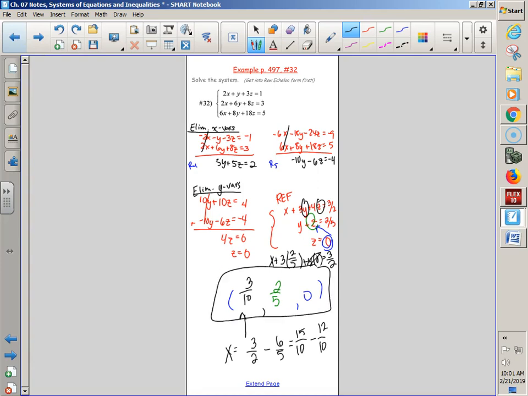Double check me, though. 3/2, take away 3 times 2/5 is 6/5. 3/2 minus 6/5. 15 tenths minus 12 tenths is 3 tenths. Now,